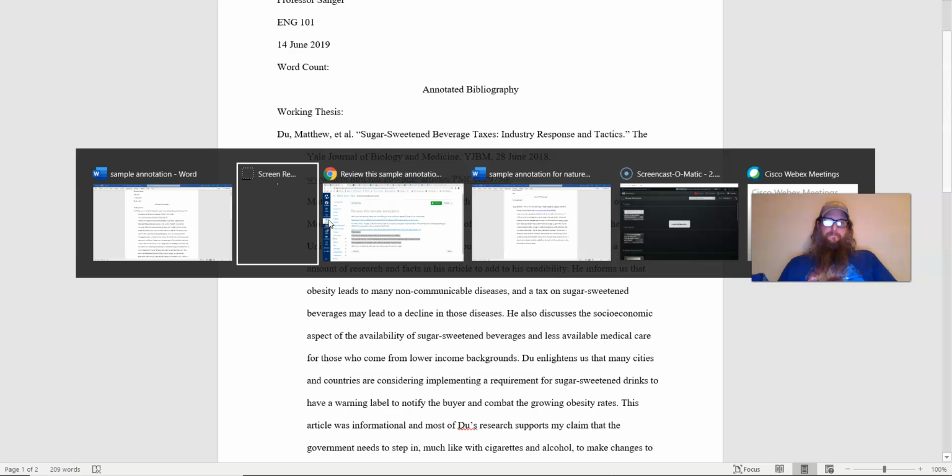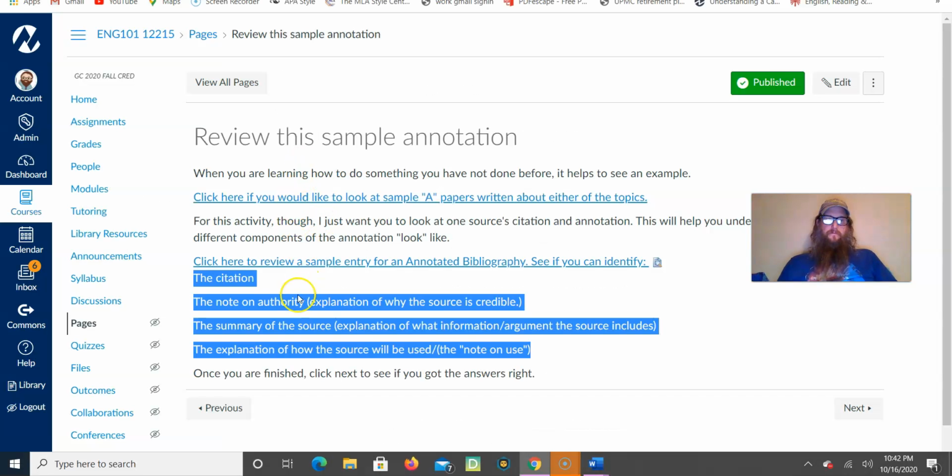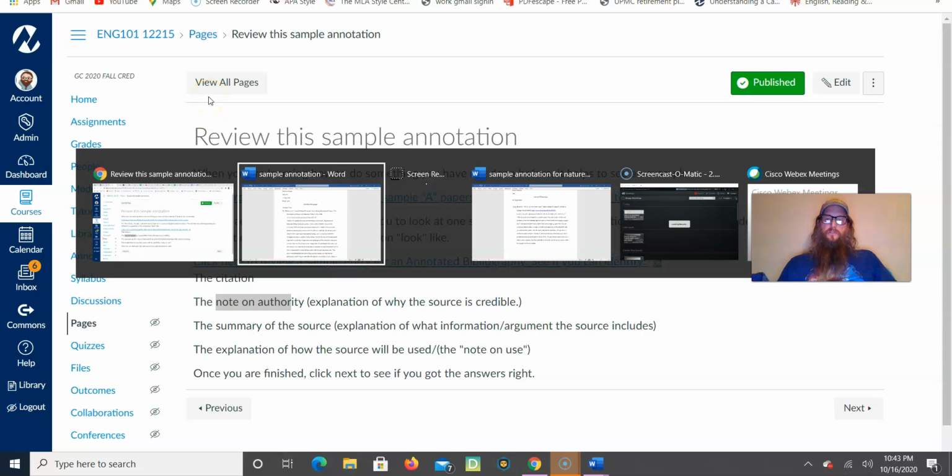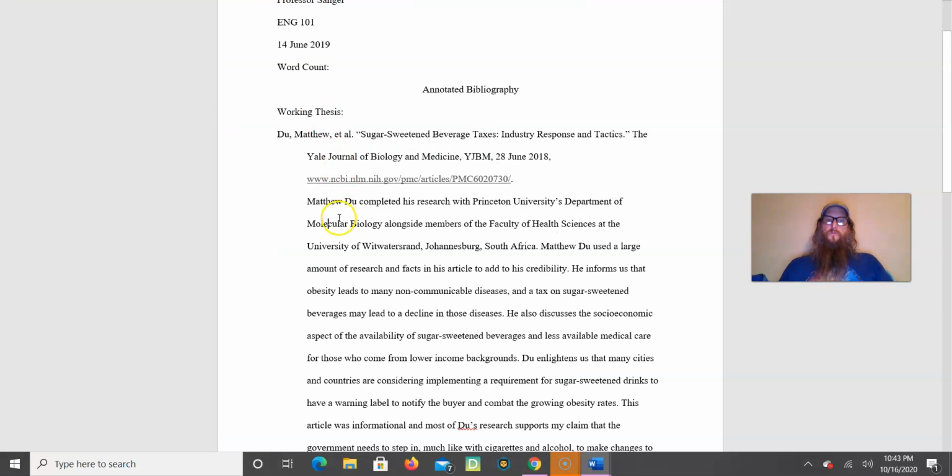What's next? The note on authority. Your explanation to me of why this source is credible. Why is this source credible enough to use in this paper? Well, it's an explanation of the authors, right? And so, look,